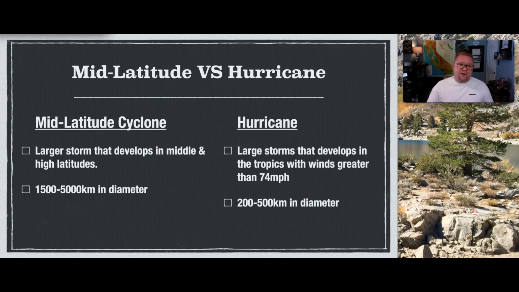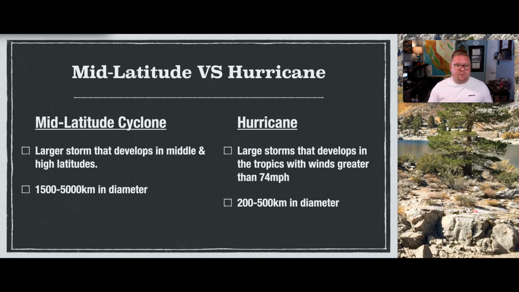A couple other things I wanted to point out as similarities and differences. Similarities: they both have low pressures in the center, they can last several days, and they spin counterclockwise in the Northern Hemisphere. So they still operate very similarly, but going back to some of the differences,